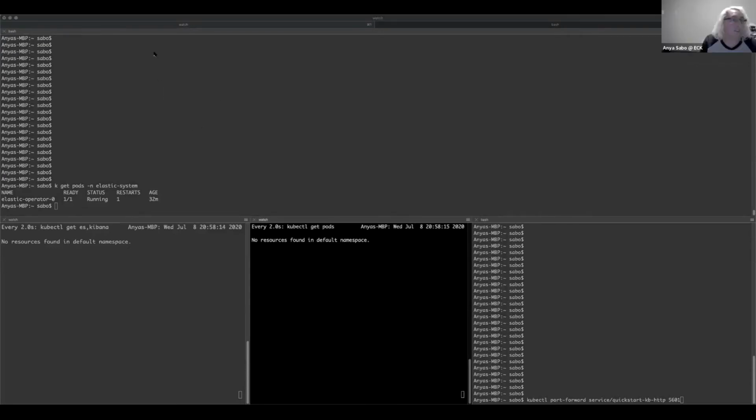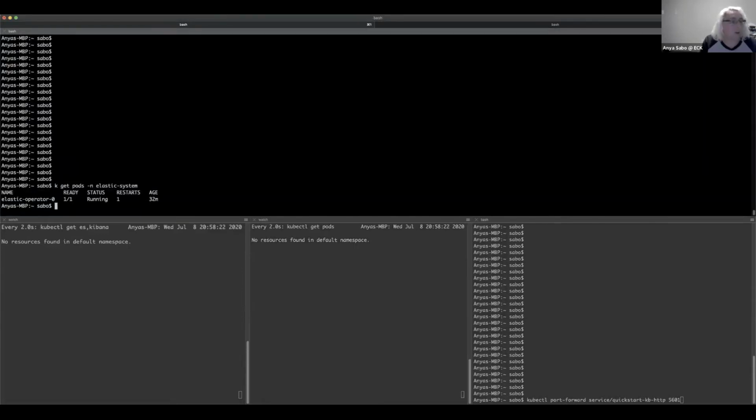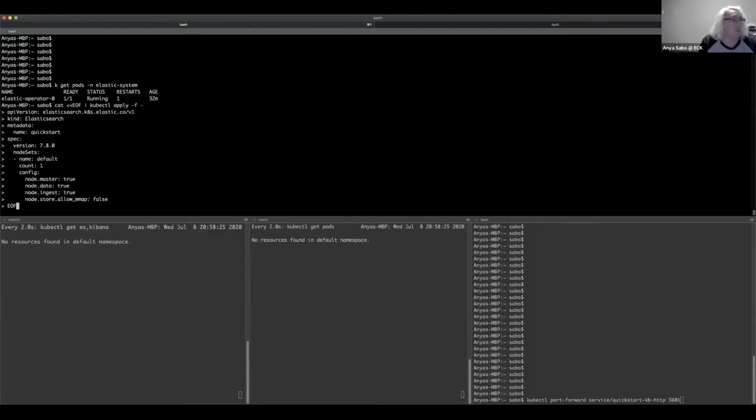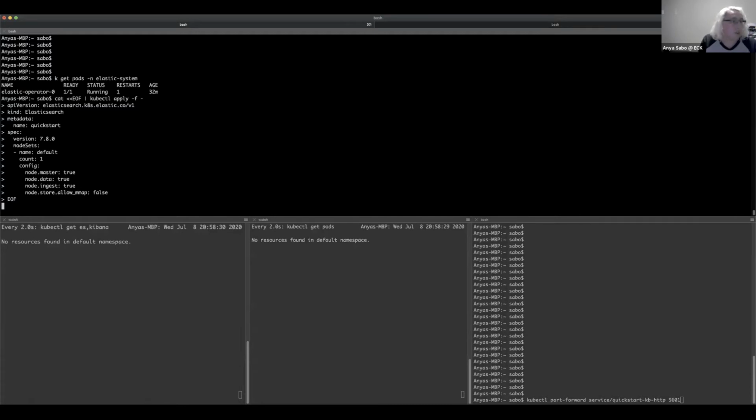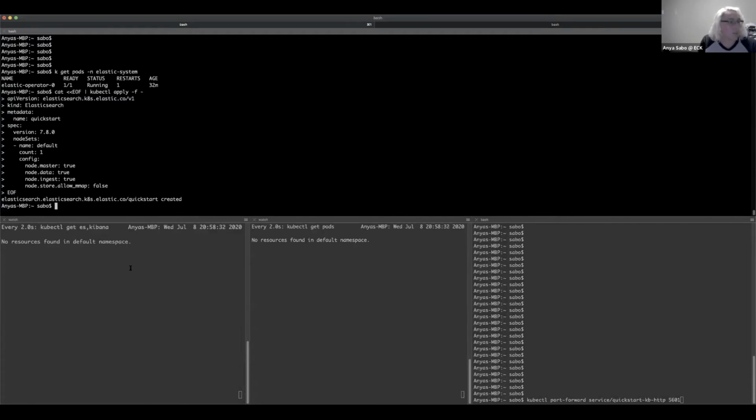So this is just me straight up copy and pasting from our quick start. You can see before, this is just applying the Elasticsearch quick start like what I was showing earlier. So this will start creating it, and once this is done, we'll see it pop up here in the bottom left pane.